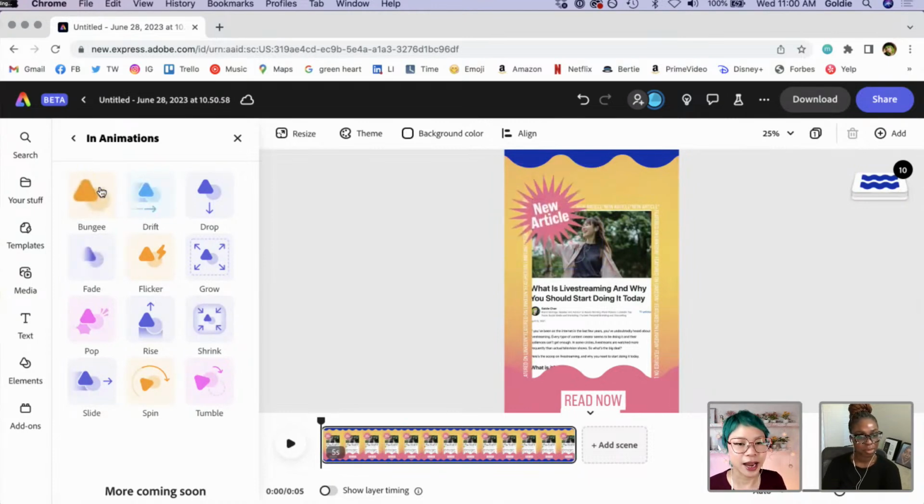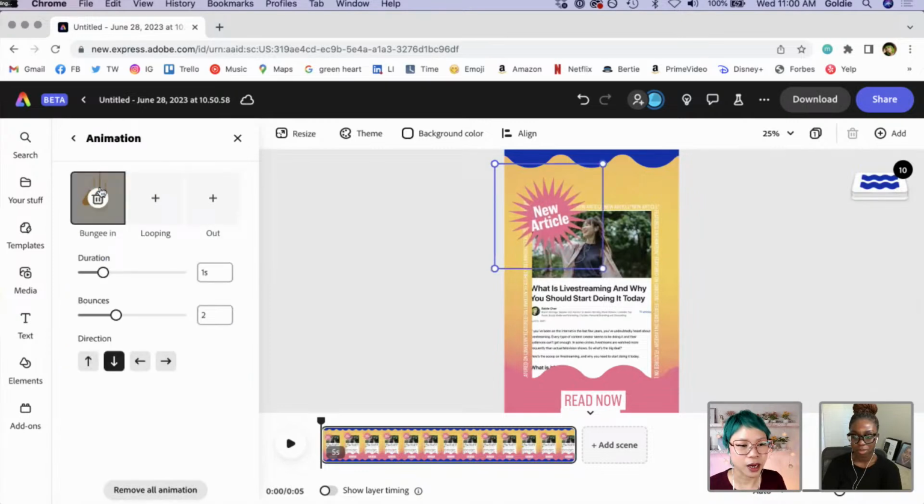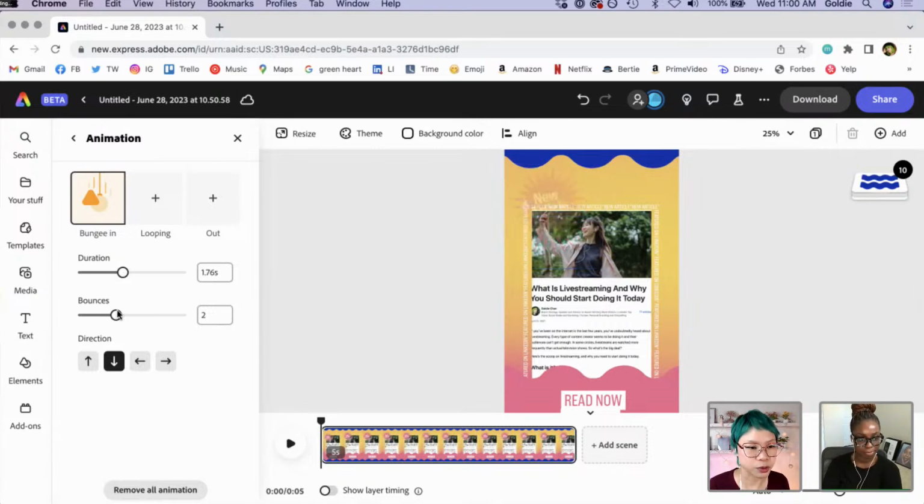So I personally don't use Flicker ever. But what I'm going to do is I really like bungee. I feel like it's nice. So I'm going to drop in bungee. And the cool thing about animation on Adobe Express, and specifically this kind of animation, is I can have the duration be a little bit longer or shorter. I could have multiple bounces. We're gonna have 3 bounces on this because I feel like it. And also I can have it bungee in from many different places. So from the side, this side, down, which I like the best. Yeah, the down is nice.